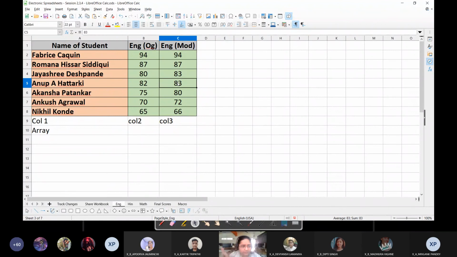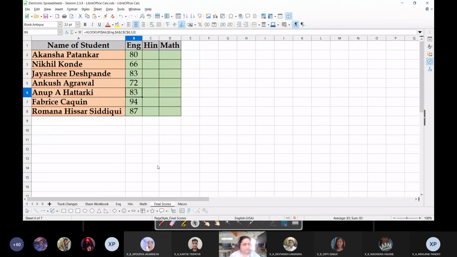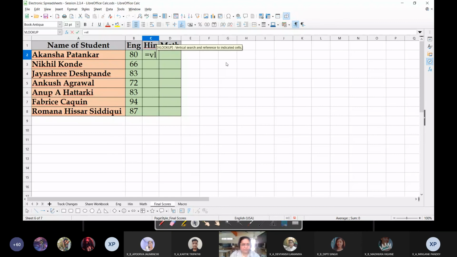So isn't it a wonderful function which allows you to consolidate the marks from different sources, right? Same way we'll do it for Hindi also. So we'll just type here equals VLOOKUP, and now I'm going to show it to you using the keyboard. So first thing, dollar, then A2, because I'm going to look for Akanksha Patankar again in Hindi, comma.